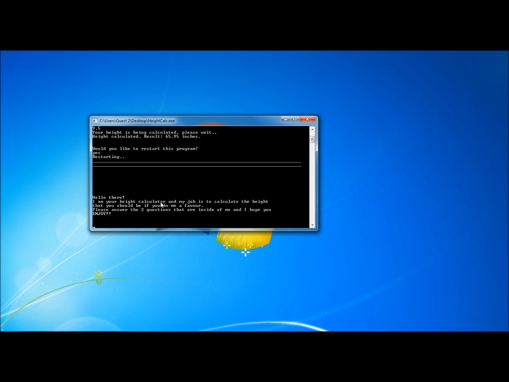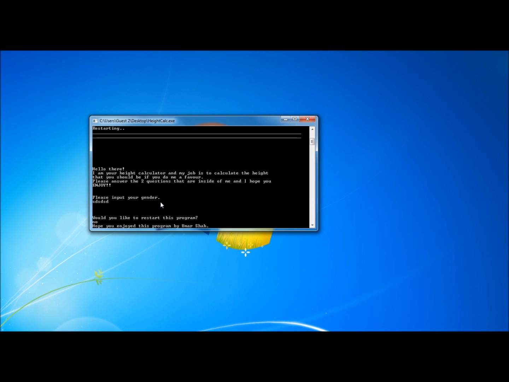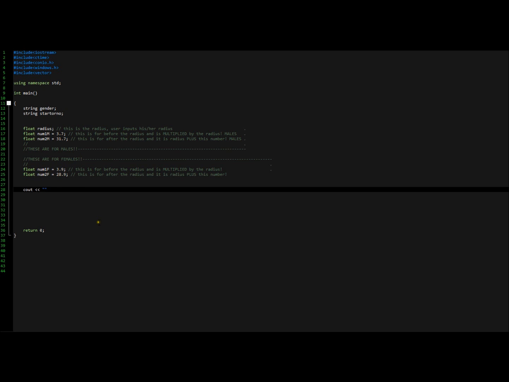I'll type in some invalid information. Okay, oh, I typed in invalid information, enter. It's going to ask me to restart the program. And if I type in no, it'll say, hope you enjoyed this program, bye. And then it closes. So I am going to go back here, and we're going to type in cout